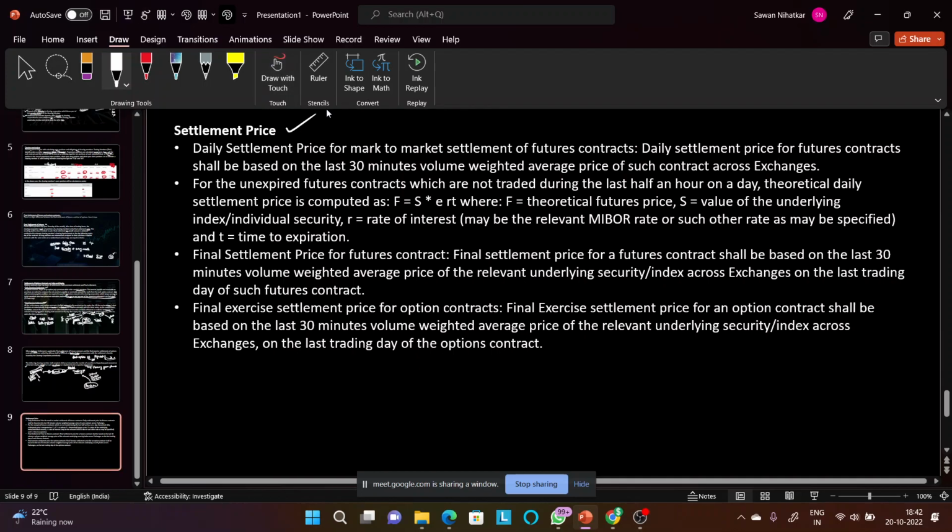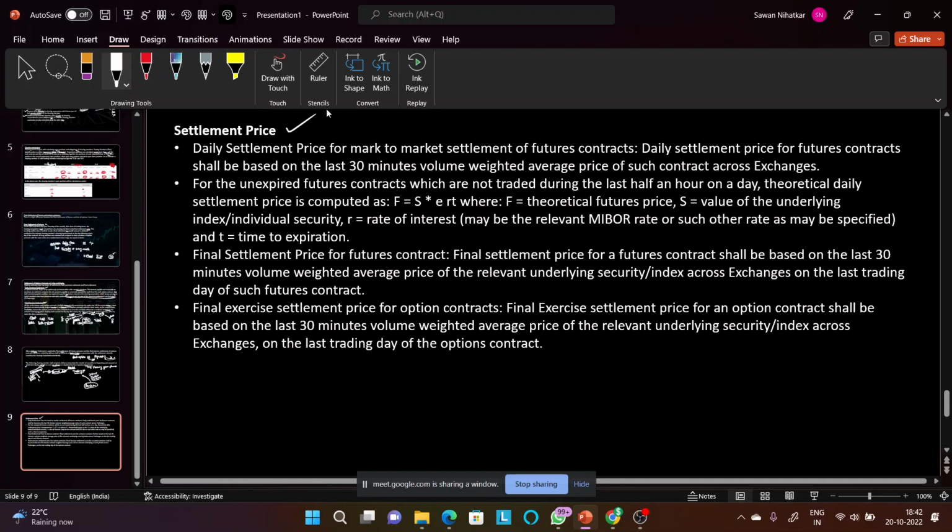Lastly, talking about the settlement price. Now as I said, the daily settlement price जो होता है वो mark to market होता है हमारे futures में. अभी now you will say कि आपने टेस्ट में जो क्वेश्चन डाला था उसमें you said that the settlement price is the mark to market price or the closing price of the spot, but again here we are talking in a much theoretical, like in a much practical manner.